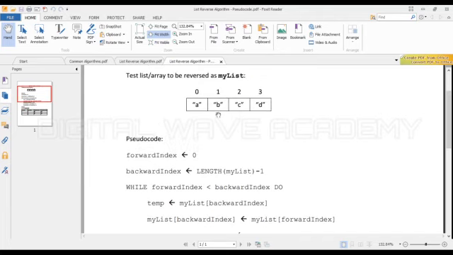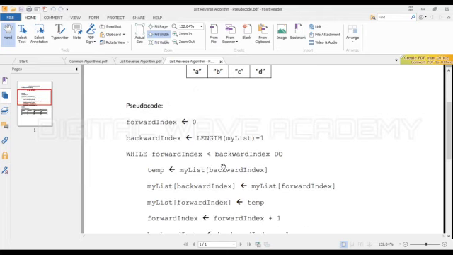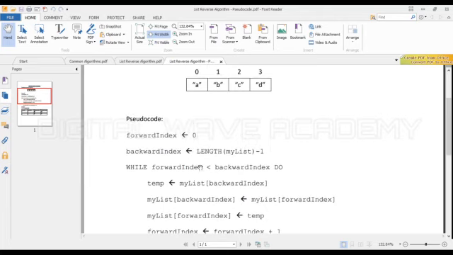Remember that we want a situation whereby if we get to this point, there should be at this point a swap between this and this. So when we get to this point, we stop. What this means is that 1, which is the index here, is less than 2, which is the index for the last value. So that is what we have just established here. Now, while the forward index, which is supposed to start from 0, is less than backward index, which is supposed to start from 3,